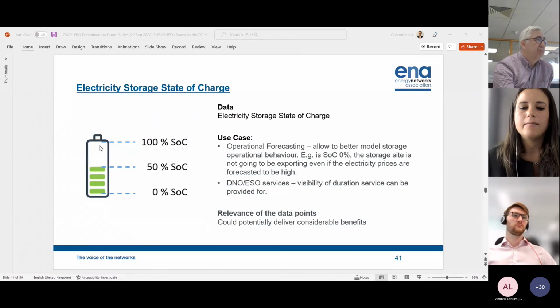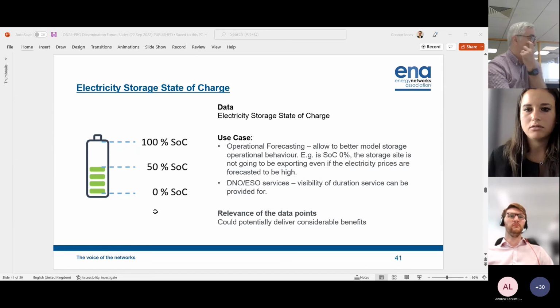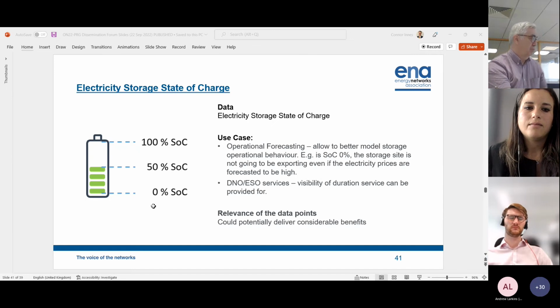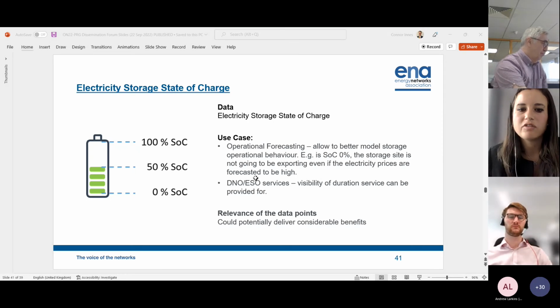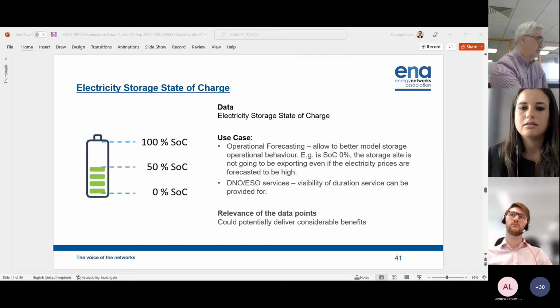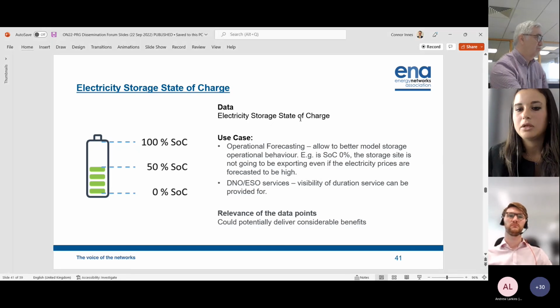So it's to help us better model storage, which ultimately corresponds to more headroom and more capacity allocation to our customers. And the other is DNO ESO services, so having visibility of the duration that storage can provide a service for, together with the megawatt volume which the storage is providing. So next use case,